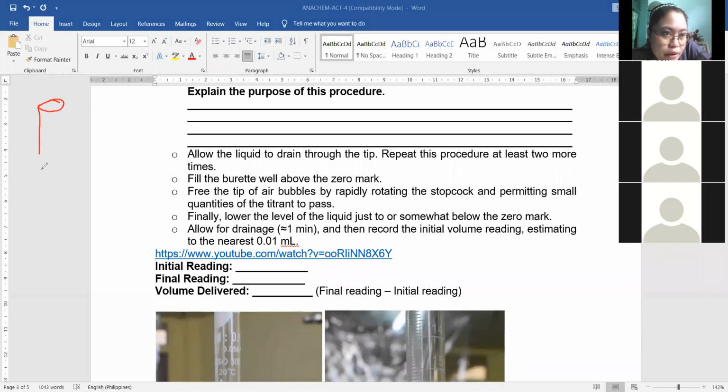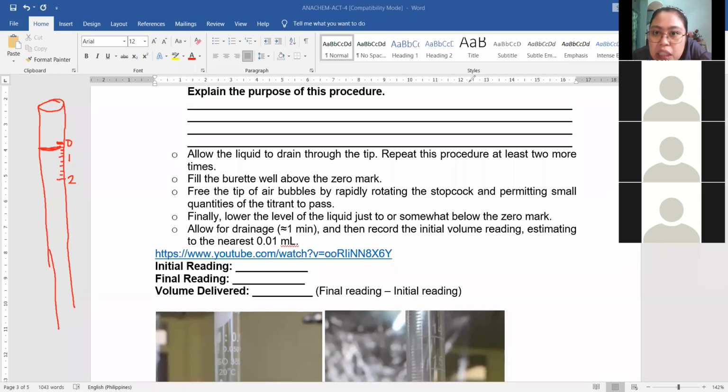So, for example, this is the burette, and then this is the zero mark here. And then you have 1 ml. Meron pang mga reading dito sa gitna. This is 1, 2, 3, 4. And then this is the 2 ml. So for example, class, dito ka nag-start. Ayan. Dito yung start ng initial reading mo. So take note na lower meniscus ka kung the solution is clear. So titingnan mo ngayon kung saan tumama yung